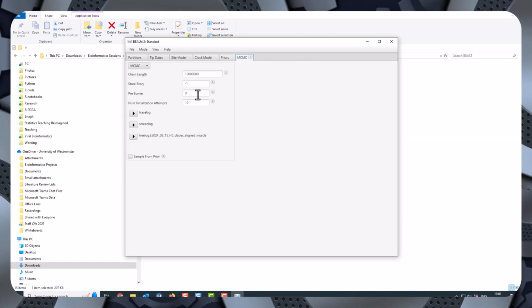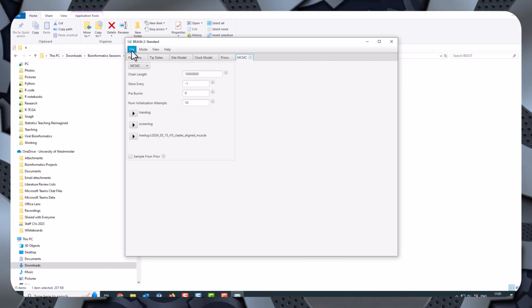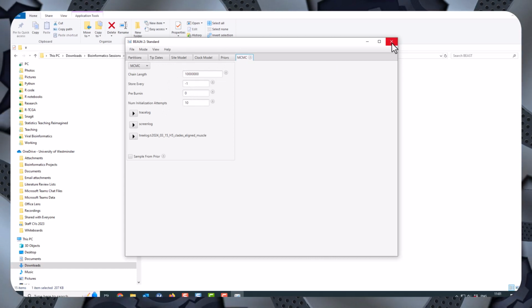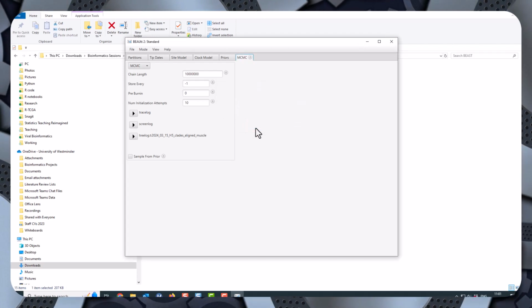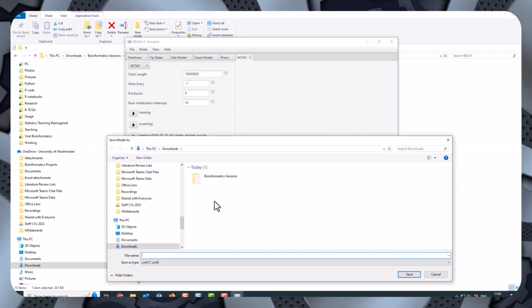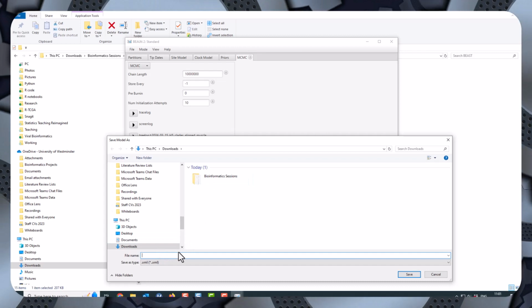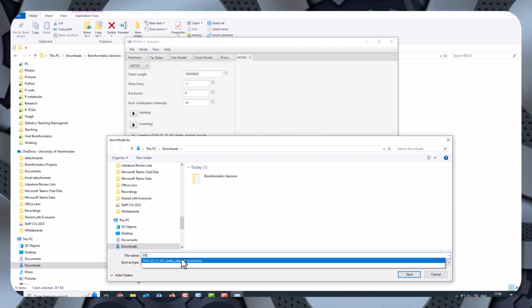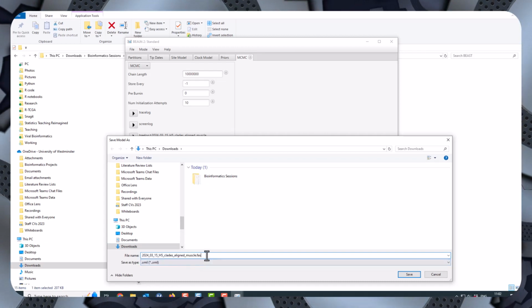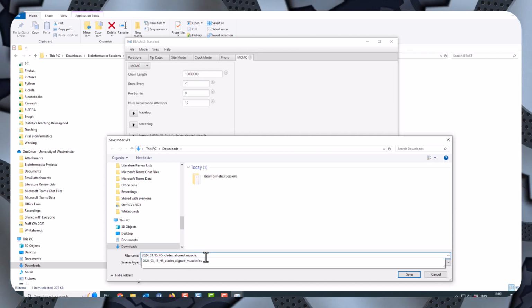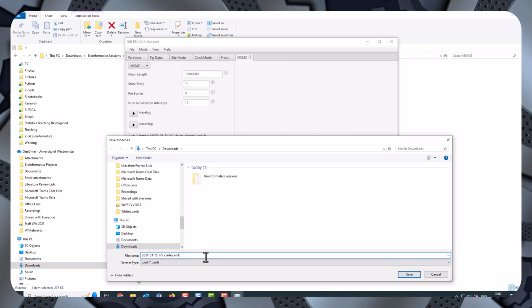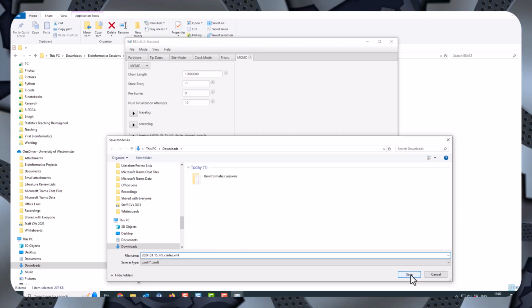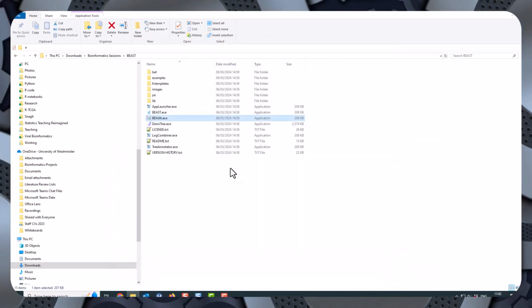And for MCMC, I'm going to leave the number of iterations as set. So I save that file. I give it a name which is sensible. Usually it's going to be the same as the alignment file, but you just get rid of the FAS at the end and align muscle. So I'm just going to have that as an XML file, which is the file that I'm going to put into